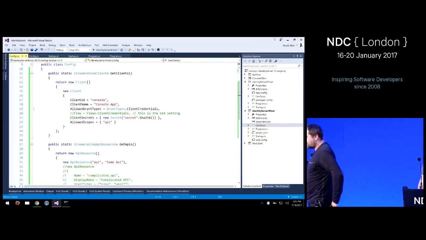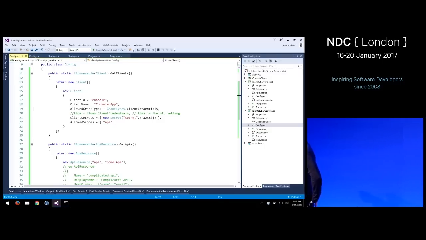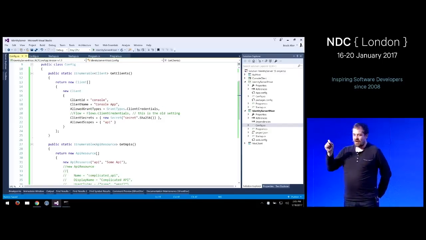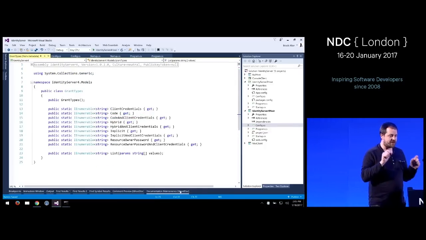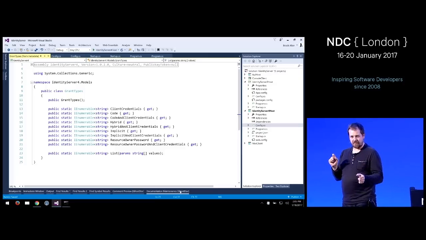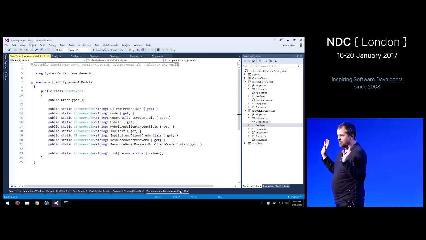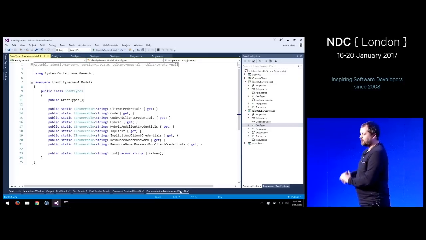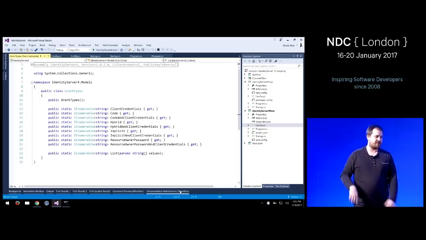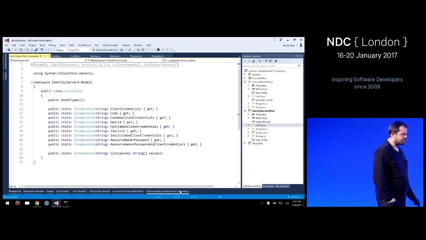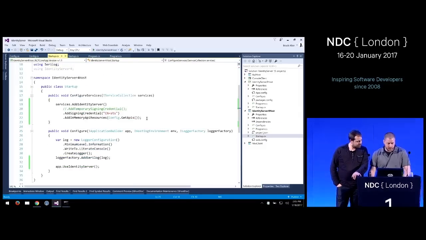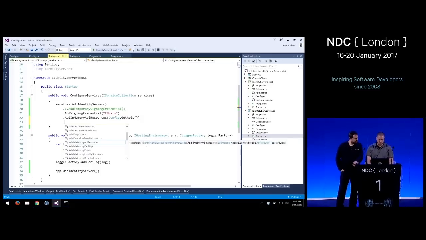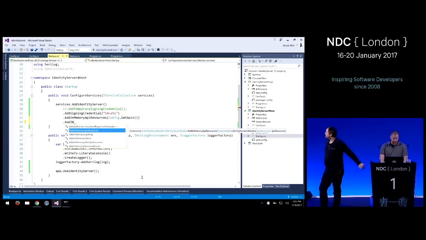You can now define more than one flow per client, but still, when setting it, we run some plausibility checks in the background, making sure that you don't choose vulnerable combinations of flows. So for the most part, you should be fine. If not, you will get an exception at startup time saying, hey, that's not secure. Okay, good. So I think all we have to do is take this and put it into our in-memory implementation as well.